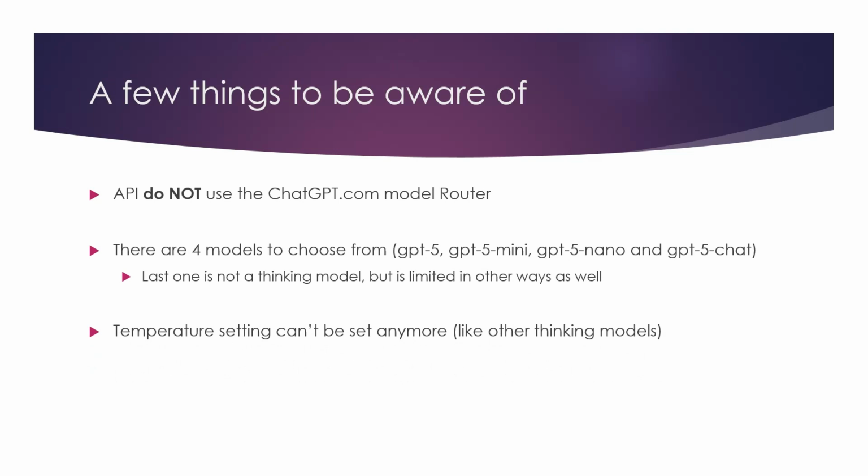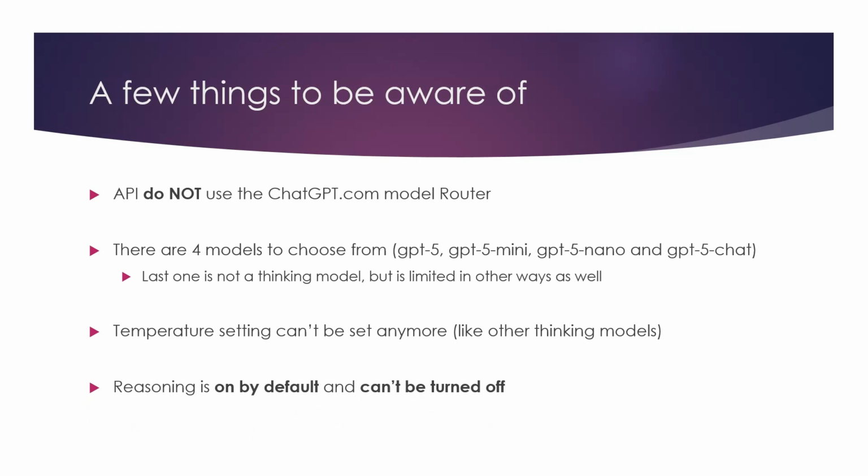And because they are thinking models, or reasoning models, same word, you can't set the temperature. Normally I have shown a lot of videos where I set the temperature to 0. If you do that in ChatGPT 5, you will actually get an error message saying you cannot change the temperature to other than 1. So if you have set that and just change the deployment name, you would end up with an error message when you used it.